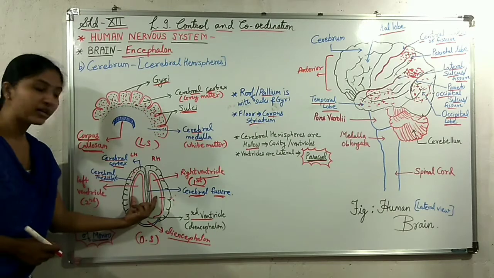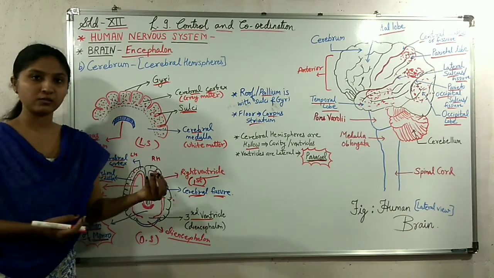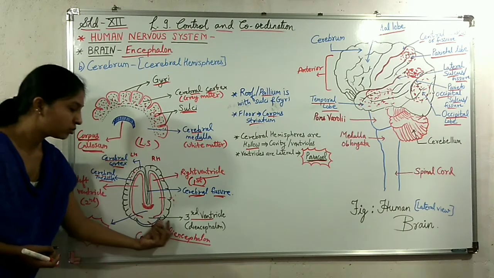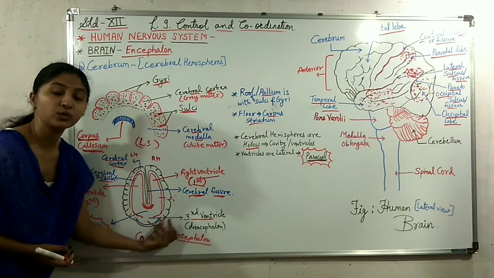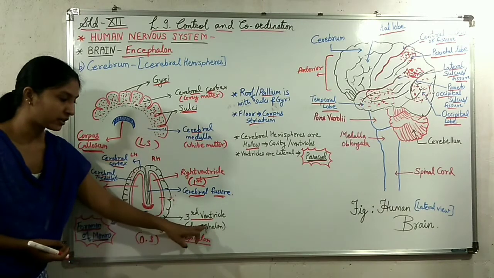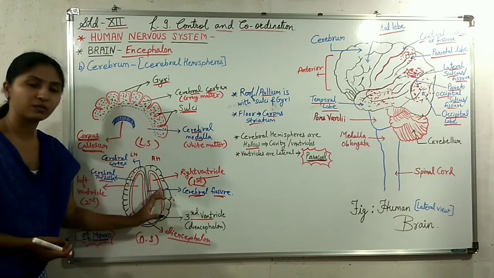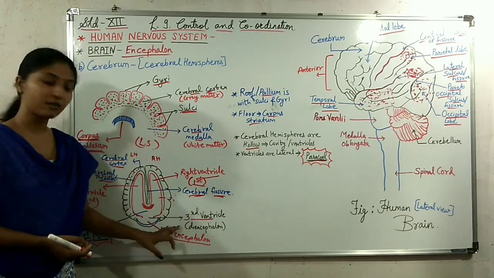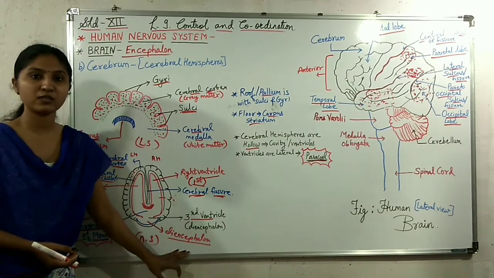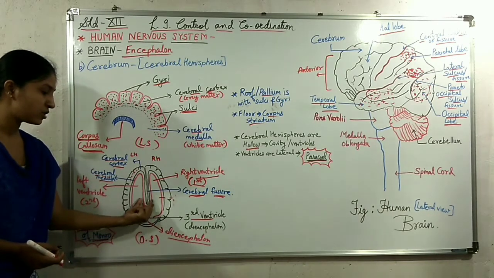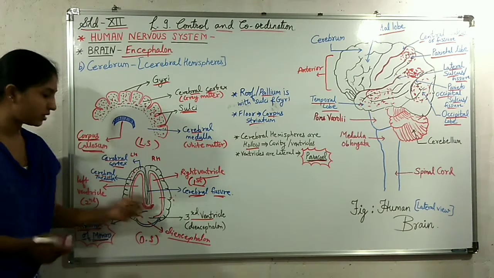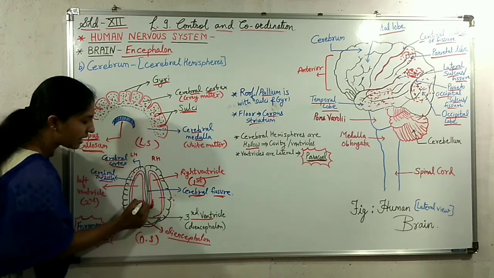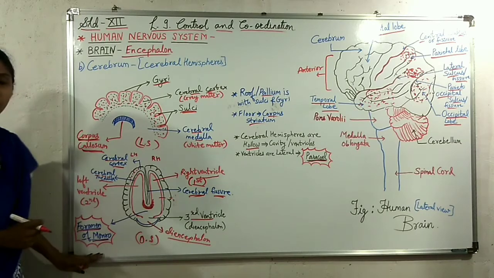Now, these two ventricles are liquid filled and they combine together in the diencephalon into a third ventricle. These first and second ventricles join together into the third ventricle and this third ventricle is situated in the diencephalon. And the cavity where these two ventricles join, this opening or this structure, is called the foramen of Monro.